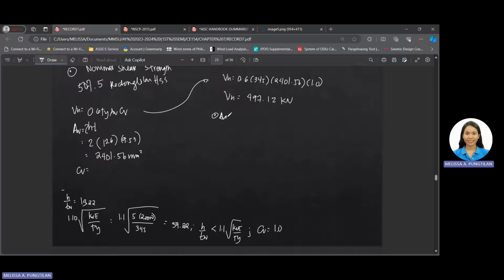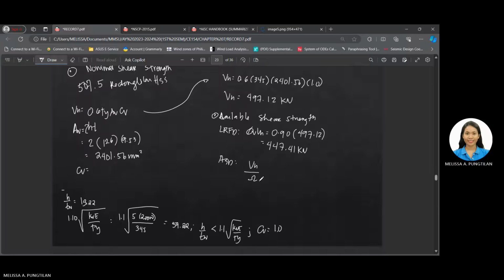Therefore, the available shear strength is equal to, sa LRFD, we have phi Vn. Yung phi natin is 0.9 of 497.12. So, we have 447.41 kilonewton. And then sa ASD, we have Vn divided by the omega. So, 497.12 divided by 1.67. So, this is equal to